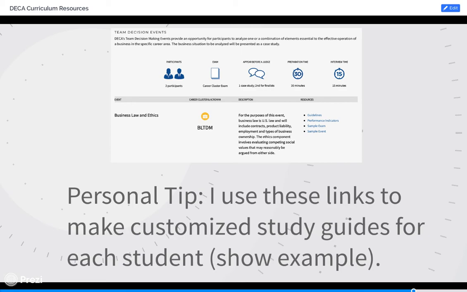Personal tip. Here's hopefully the biggest takeaway you can have from this session. I use all of these links on the right to make customized study guides for every student that I have competing in DECA. Last year I took 76 students to state, and I went through, and for every student, if they're competing in business, law, and ethics, I would click on all 4 of those hyperlinks, the guidelines, performance indicators, the sample exam, and sample event, print them off, staple them together in a thick packet, and I would give